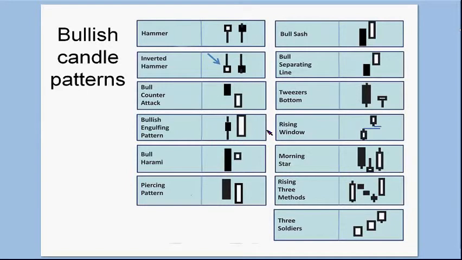The bullish engulfing pattern. And the bullish engulfing pattern is only going to happen as the market is moving down. And we'll go take a look at some of that. But only as a market is moving down, just like in the gold contract, a bearish engulfing is only as the market is moving up. And so you don't want to confuse these candles.